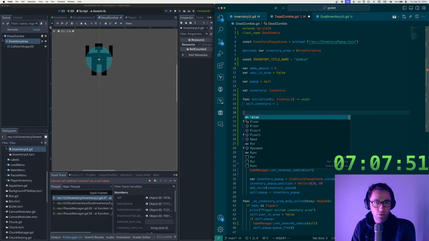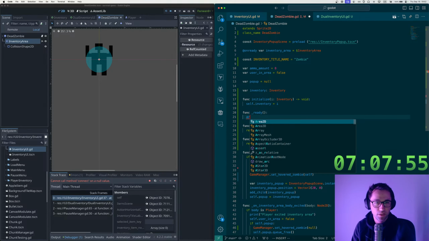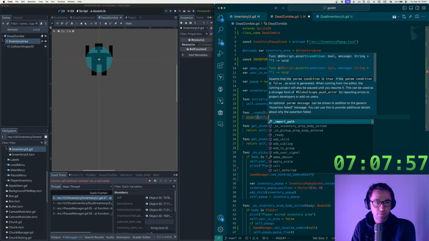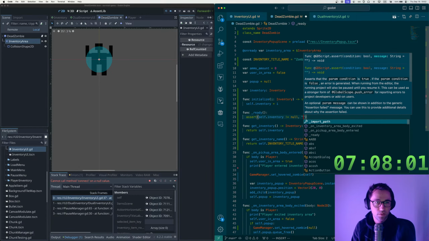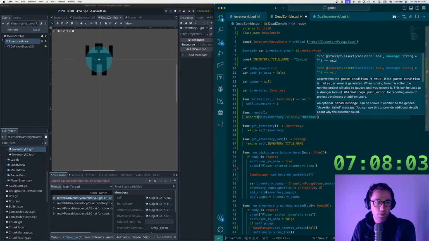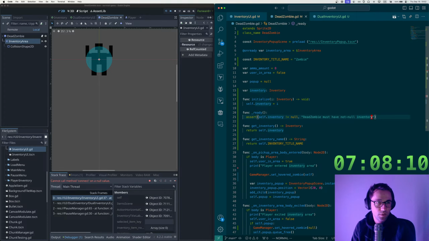So we should just have, when this is ready, we should have already initialized. So we'll say assert self.inventory does not equal null. Dead zombie must have not null inventory. Great. So the issue here is that in